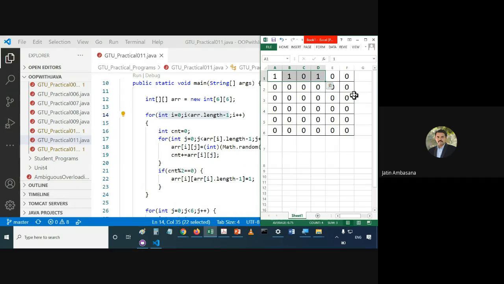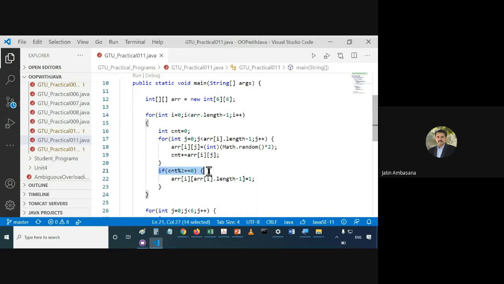The count here will be 3. So obviously you don't need to add one more 1 in the last location. But what if something like this happens: 1, then 0, then 1, then 0, then 0. That's it. So here what is the count? Here the count is 2. Okay, so since the count is divisible by 2, you can see that